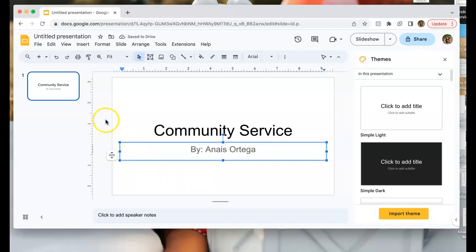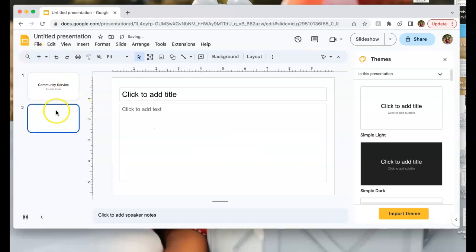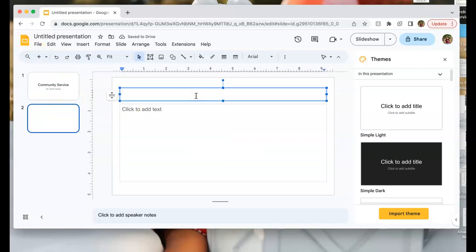Okay, so then from here, you're going to want to add a new slide. So you'll click this little button and you can hover over it and you'll see new slide. Click that and you'll add a new slide. So right here, we can put community service. Community service, and we'll put